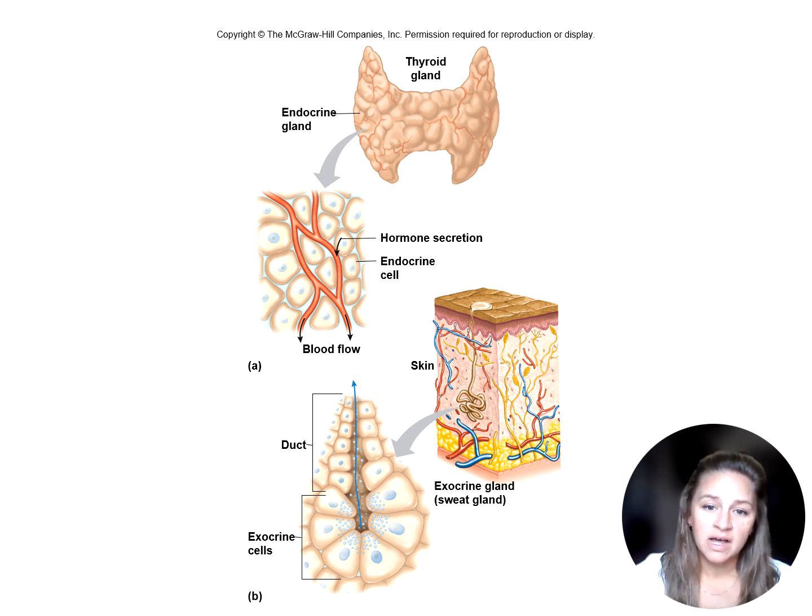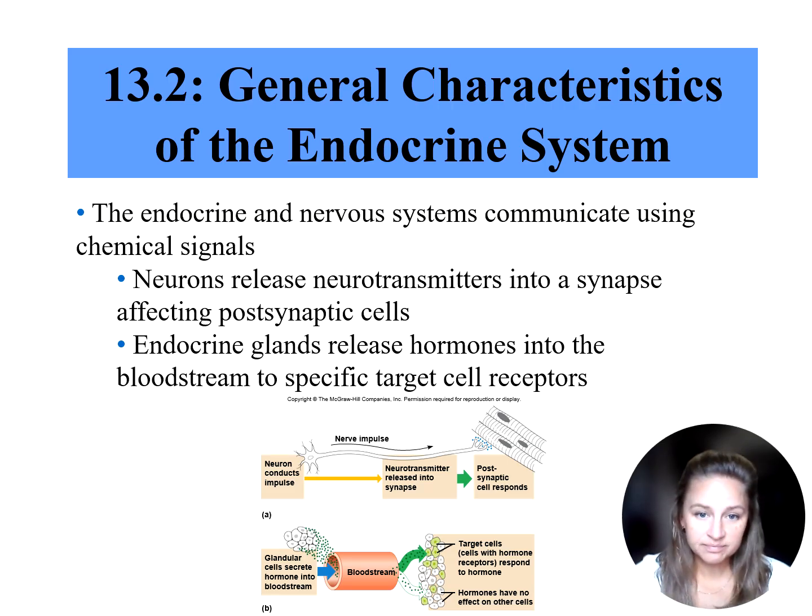Another example of an exocrine gland would be our salivary glands, where we're producing saliva and it goes directly into our salivary ducts and into our mouth. So we're going to look in more detail at the different types of endocrine and exocrine glands. So if we're talking about the general characteristics of the endocrine system, again, this is kind of just reiterating what I just said on the previous slide,